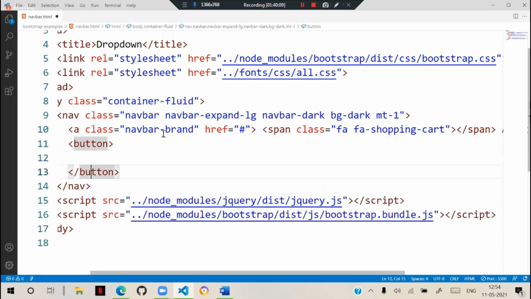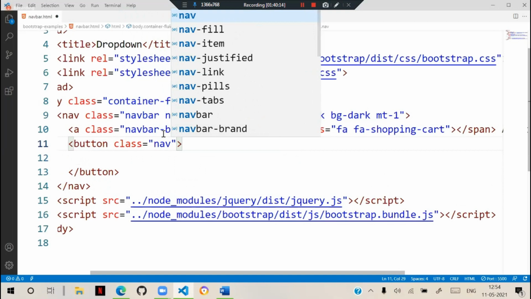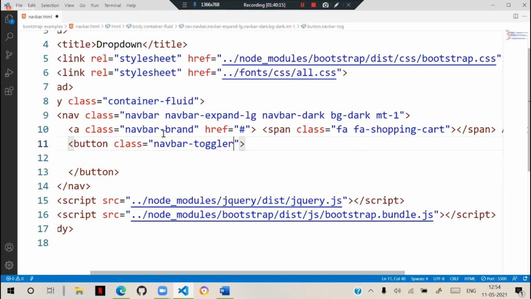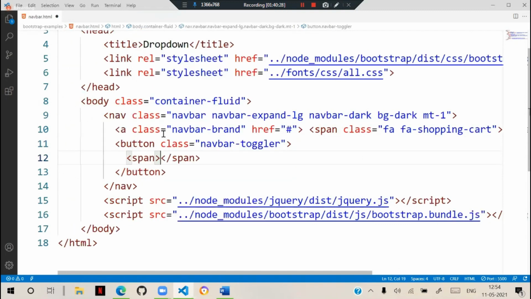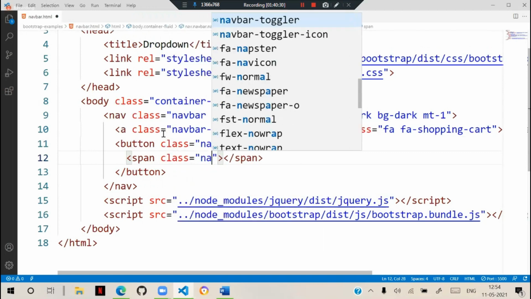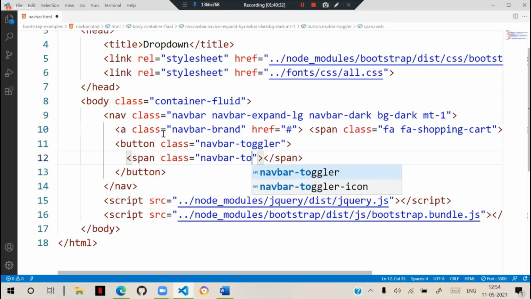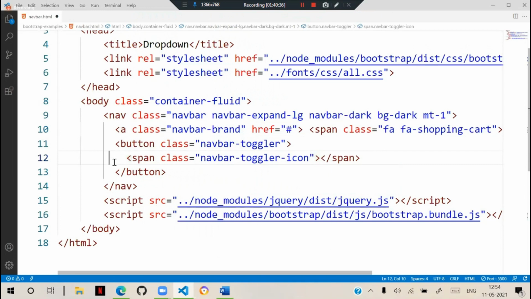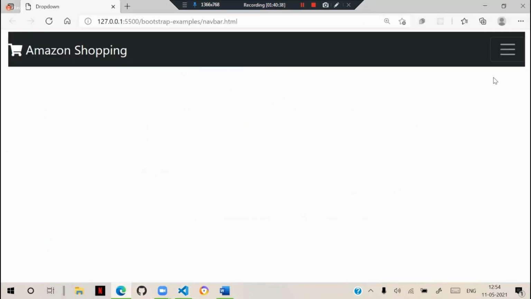For that we have to use the class navbar toggler, and this toggler we have to toggle with a collapse. I will show you collapse. Here we can put an icon inside it, span class equal to navbar toggler icon. You can see the navbar toggler icon. It will be on the right side like this.